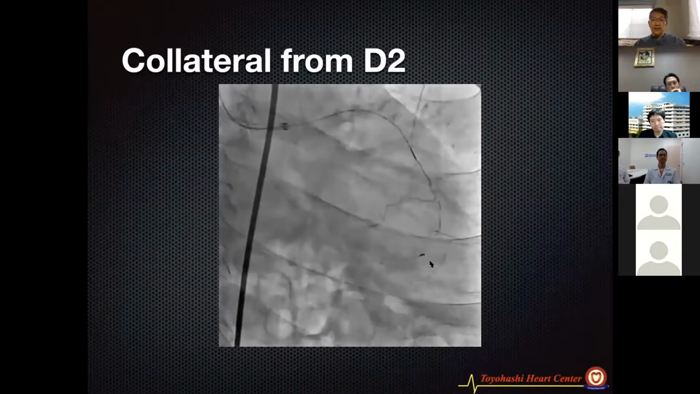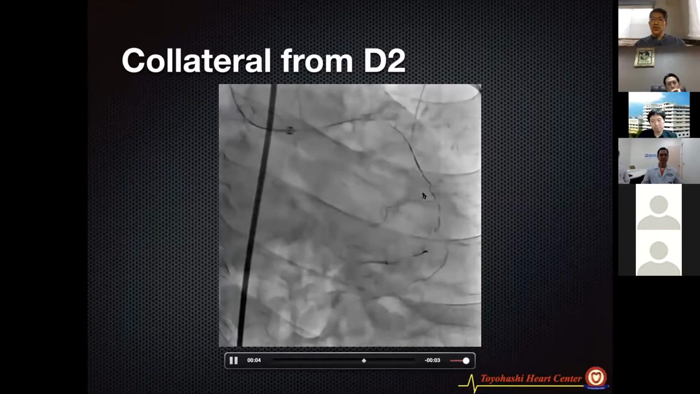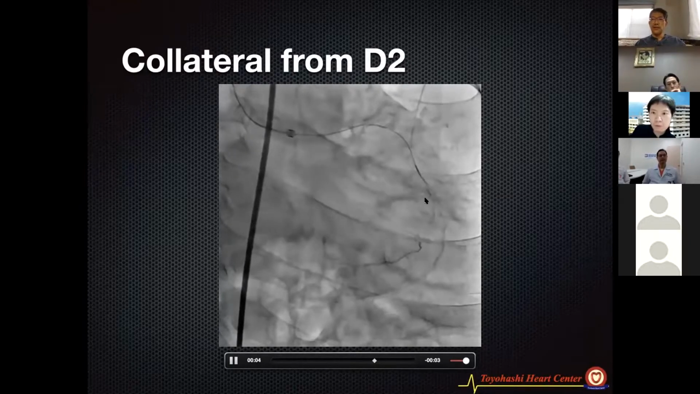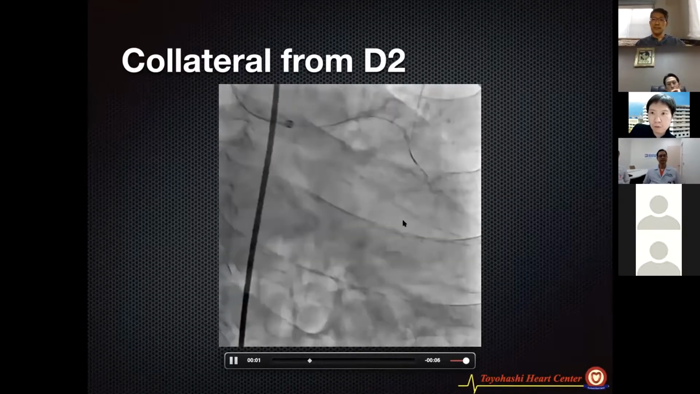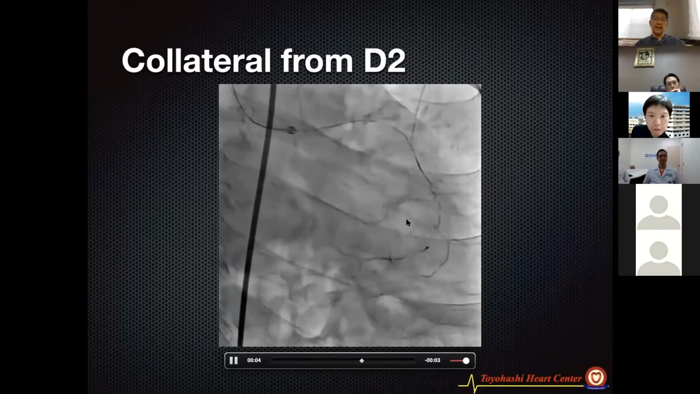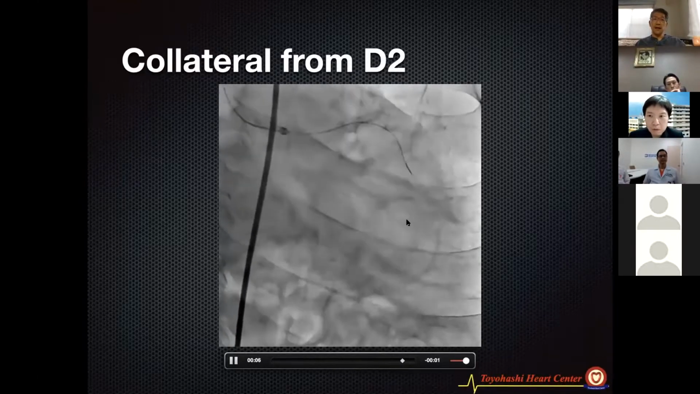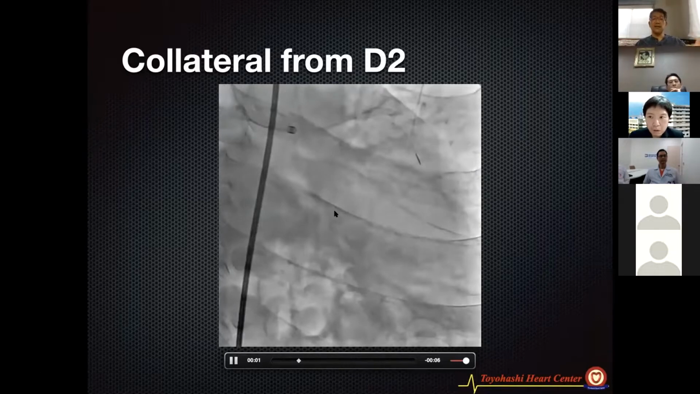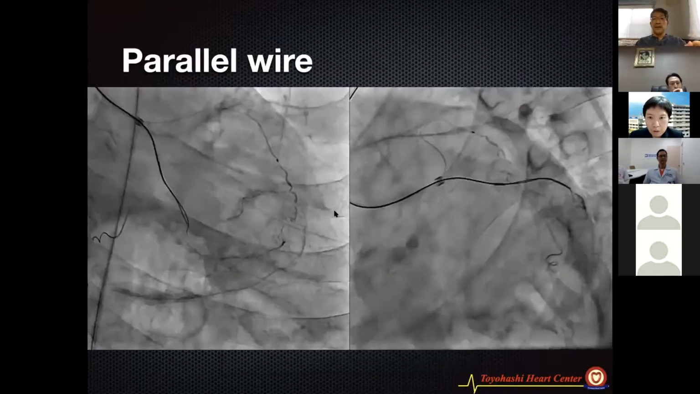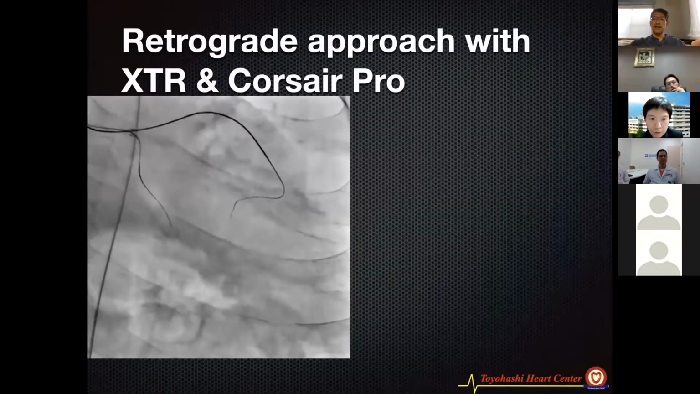I could see a tight collateral channel from the second diagonal to the circumflex distal. This time, my target region is the circumflex CTO region. Unfortunately, the antegrade wide wire went into the subintimal space like this, and it was difficult to correct its direction. So I started the retrograde